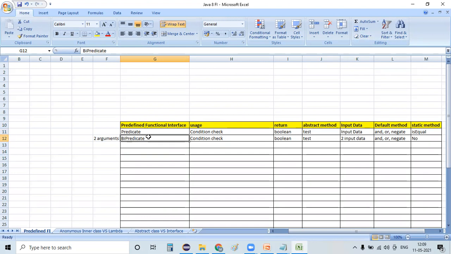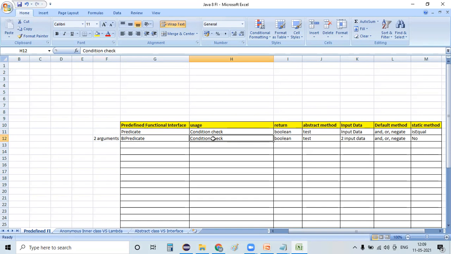I can see almost comparisons between Predicate and BiPredicate. Both are one and the same. The only difference is Predicate accepts only one argument, whereas BiPredicate accepts two arguments. The usage of BiPredicate is also the same, which is to verify certain conditions based on two inputs that you are providing.